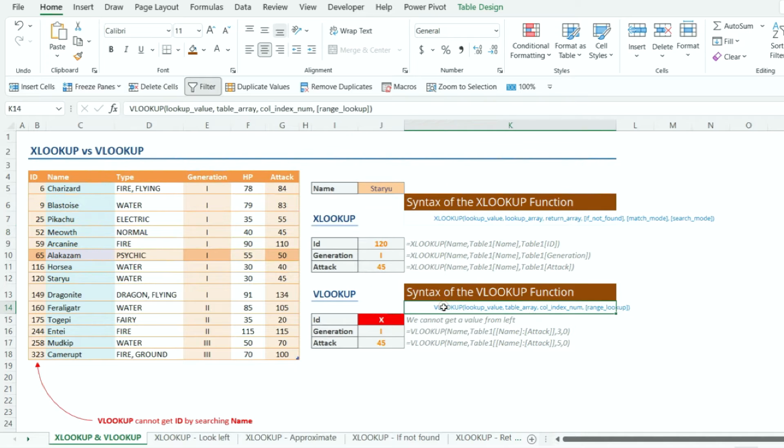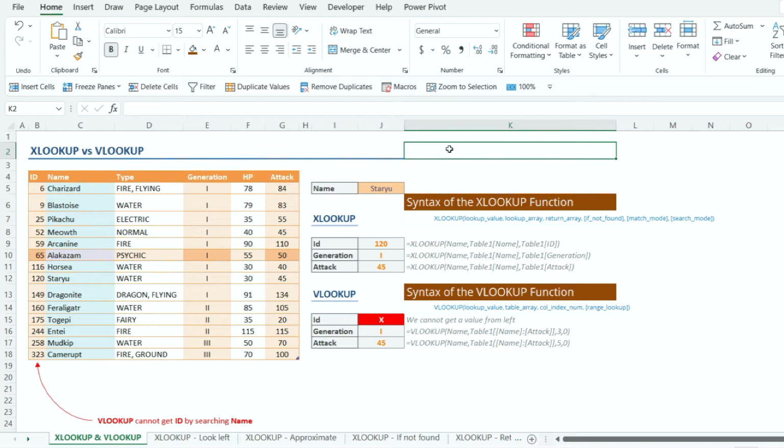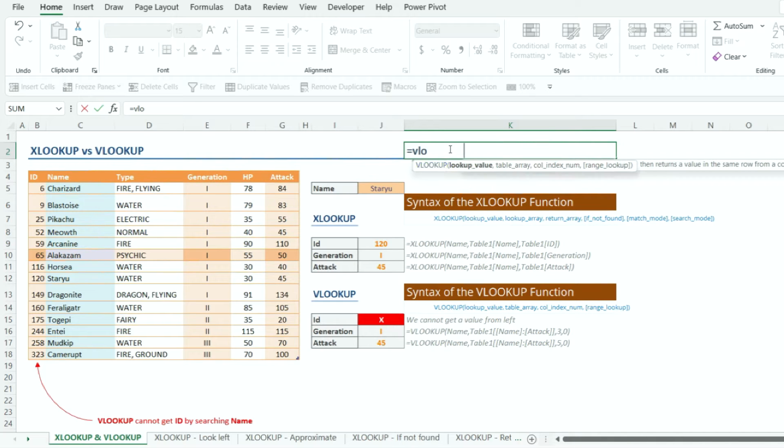XLOOKUP first. We already know the VLOOKUP syntax, I can just do this from here. The syntax is you look up a value, then after looking up a value, you get the table array, which is going to be maybe the whole of this, exclusive of the ID, because we are looking up the name. With VLOOKUP, you don't need the ID because it doesn't look up on the left. It only looks up on the right. So we shall select our table array.